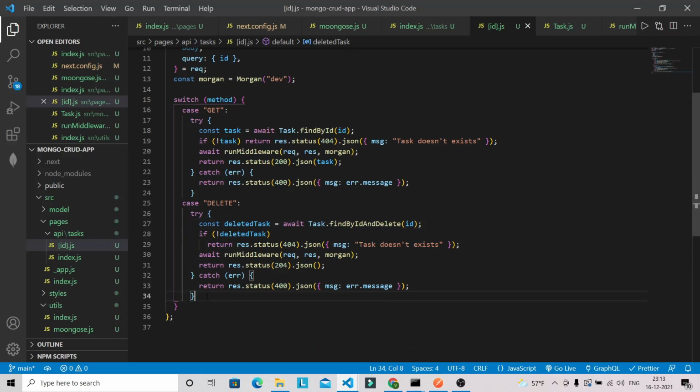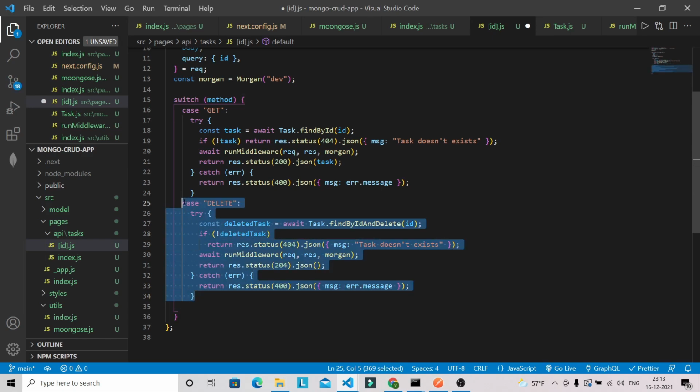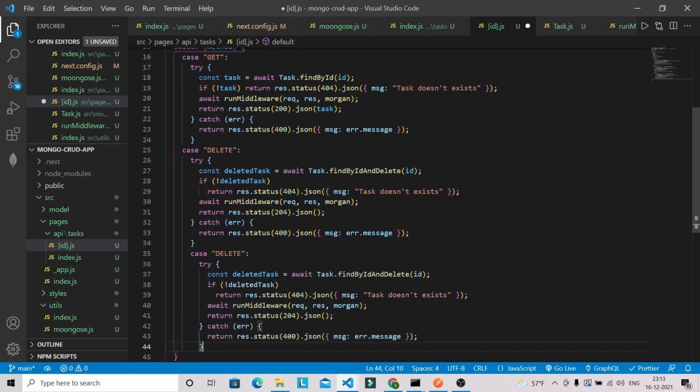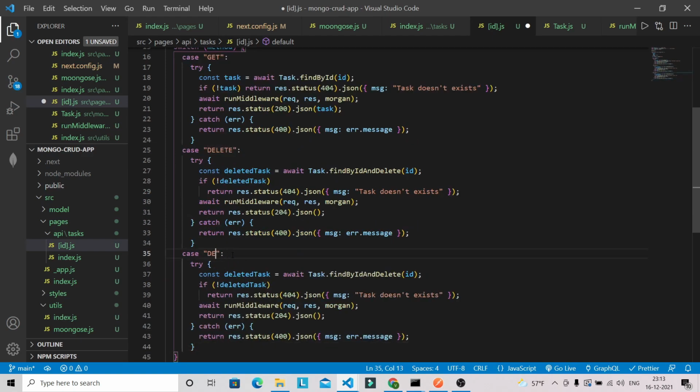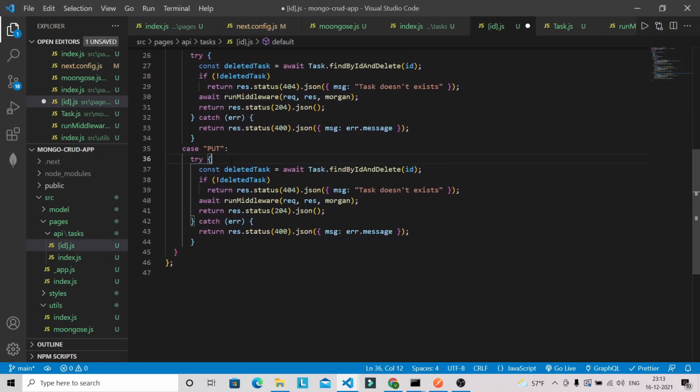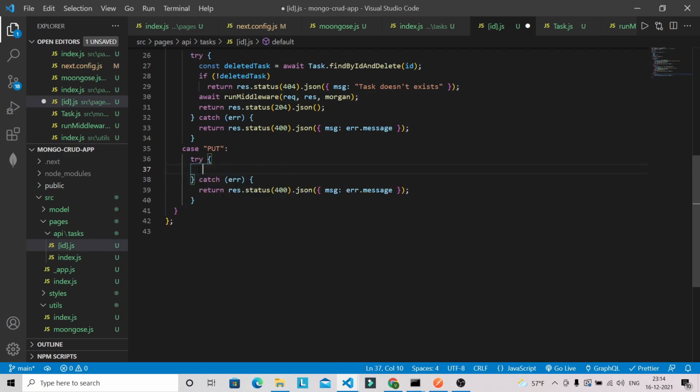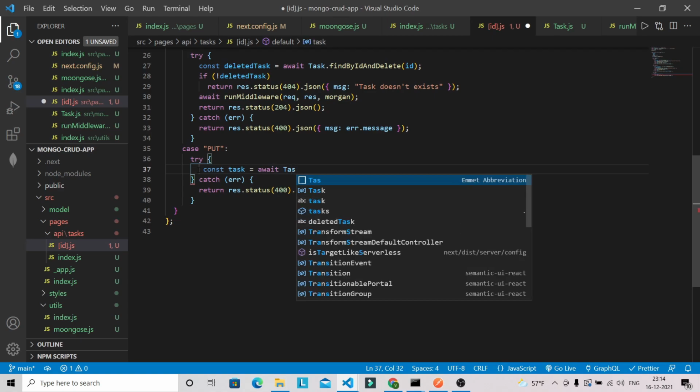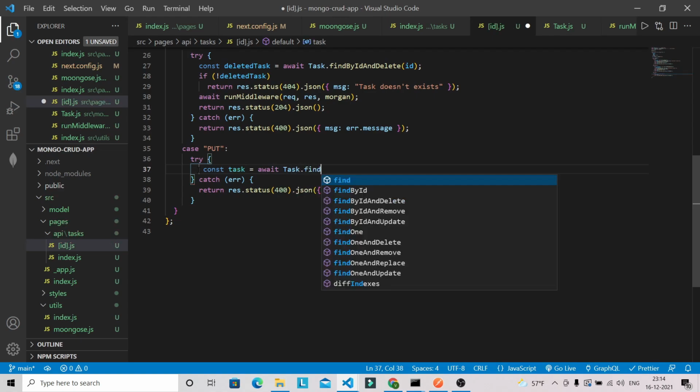So here I'm going to add one more method. For update I'm just going to copy this one and paste it here, and the method will be put. Okay, and let's remove all this, and here we are going to have await task.findByIdAndUpdate.